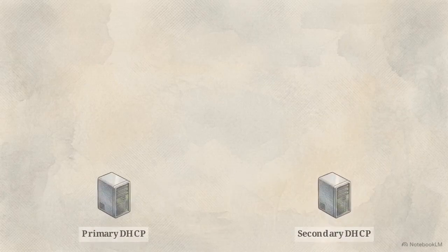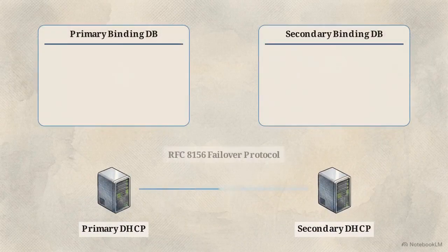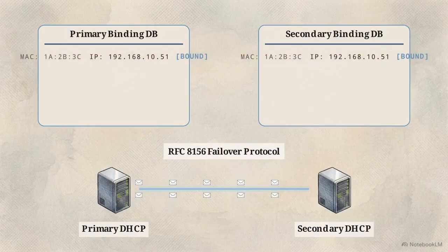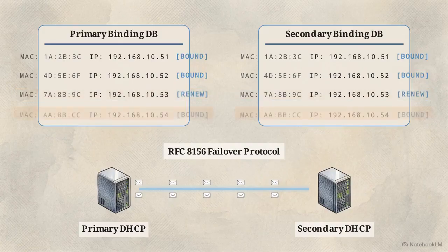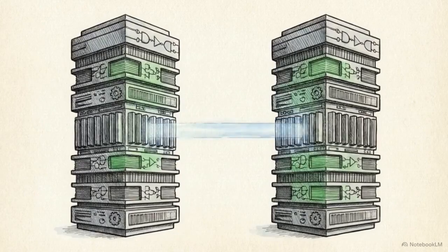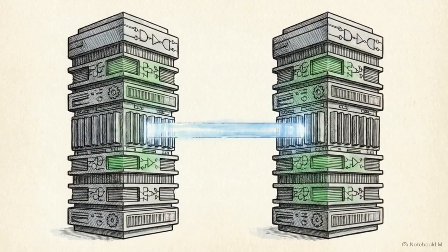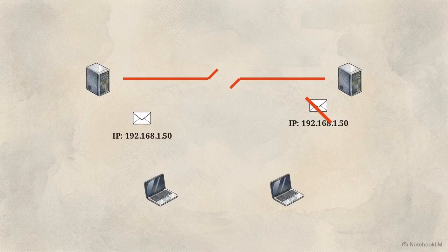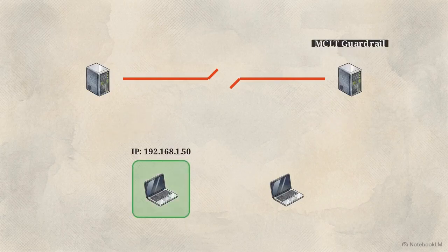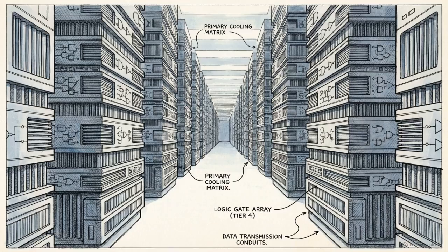Whether using IPv4 or IPv6, DHCP is a mission-critical service. To prevent a single point of failure, enterprise servers utilize the RFC 8156 failover protocol to synchronize their state data in real time. This redundancy relies on the maximum client lead time. If the link between servers breaks, this strict buffer dictates how long leases are extended. It mathematically prevents a split-brain scenario where both disconnected servers blindly assign the same IP address to different clients. The integration of multicast communication and synchronized failover protocols reflects the evolution from best-effort local area networks to hyperscale, zero-downtime